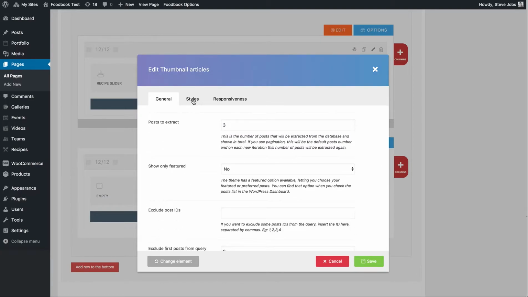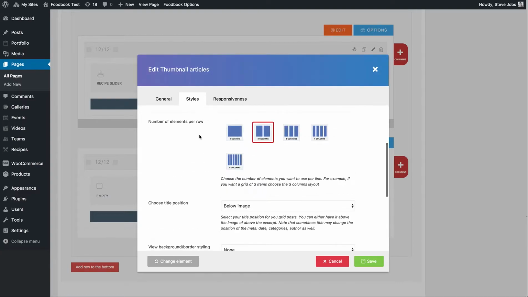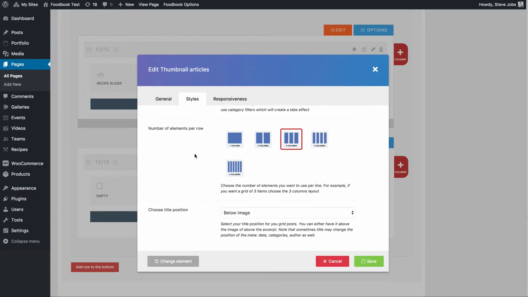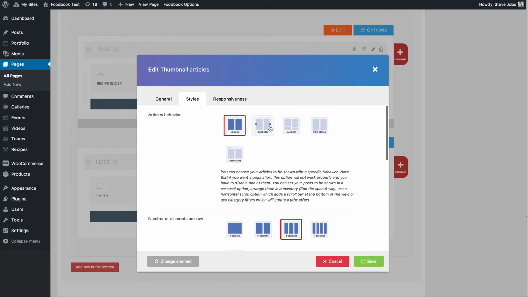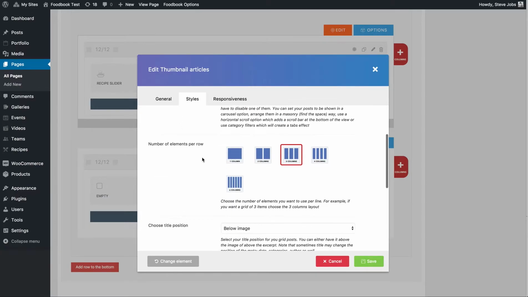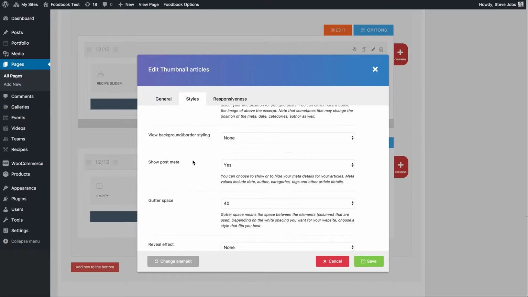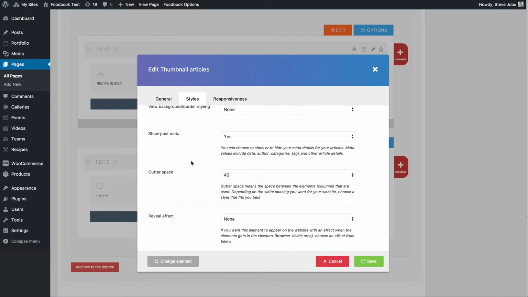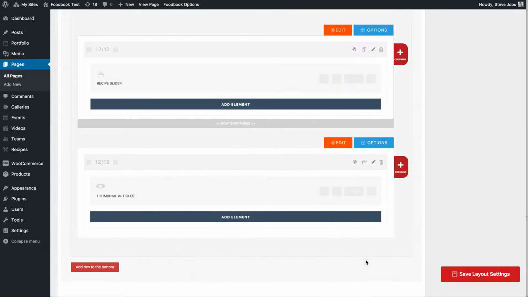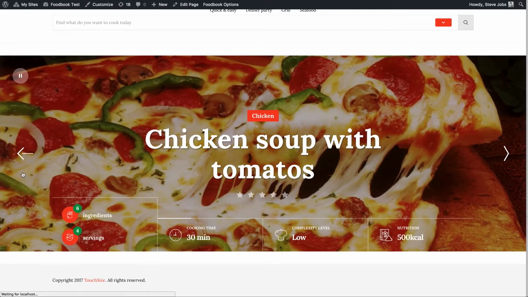And I'm going to go to the styles tab. At the top, I need three columns. You can check out all the other options. I'm just going to focus on having the demo settings, so I'm going to keep it very simple. I'm going to hit save. I'm going to save the layout settings. Once I go and refresh the page,